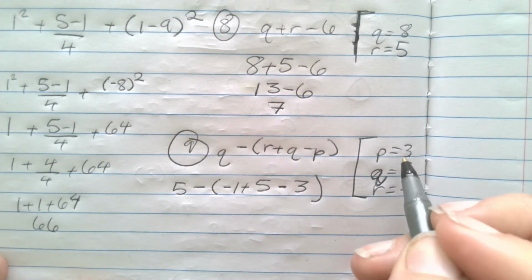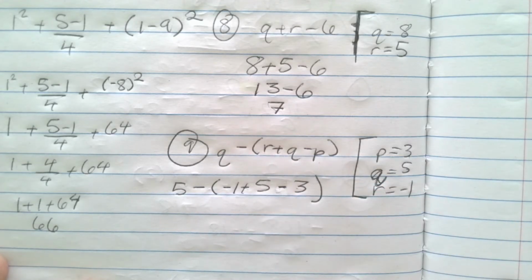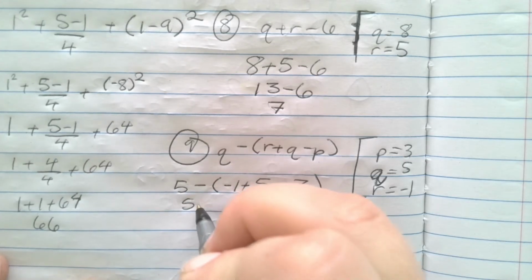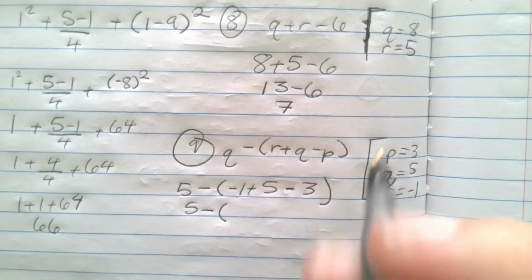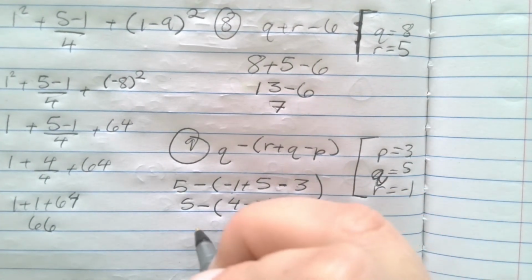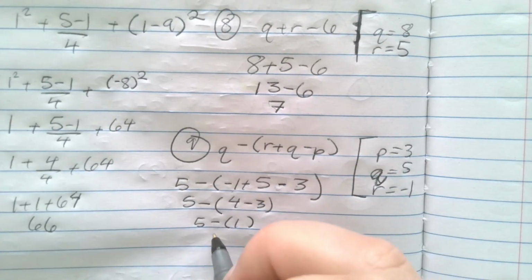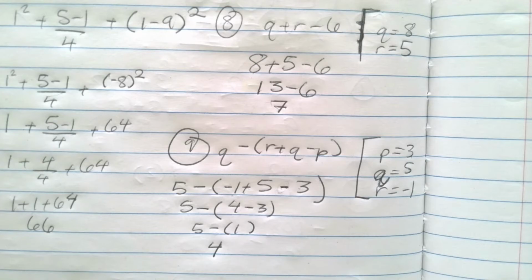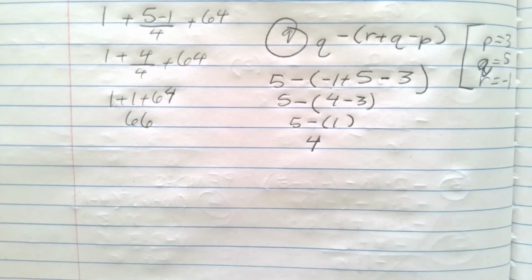Now, if P had been a negative, this would flip to a plus, right? Because a negative makes a plus. Good. Yes. What does -1 and 5 make? 4. Yep. What's 4 take away 3? 1. What's 5 take away 1? 4. And you're done. Now there's a whole bunch of different ways I can throw this at you, but let's